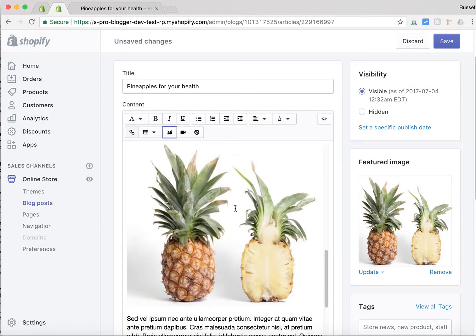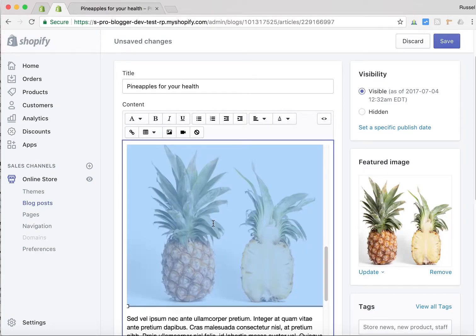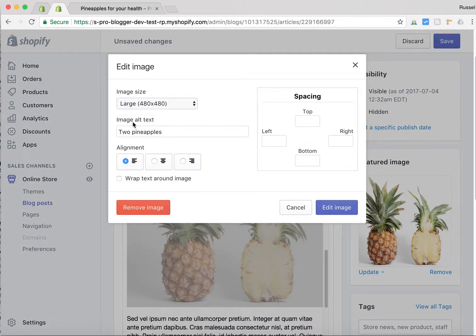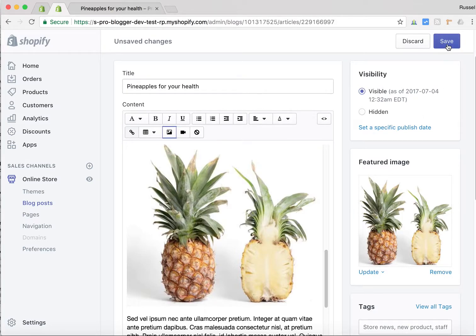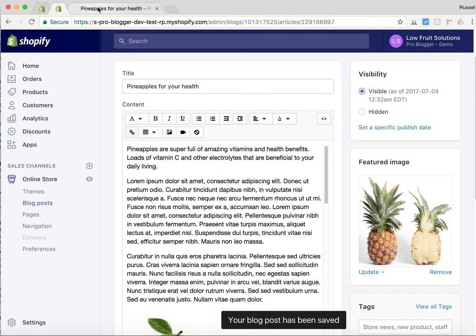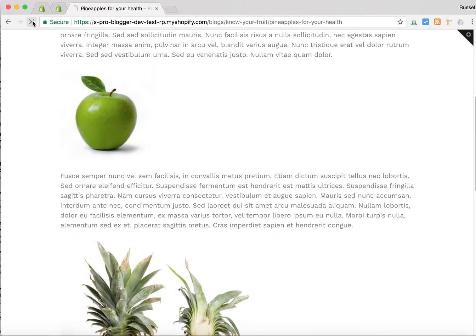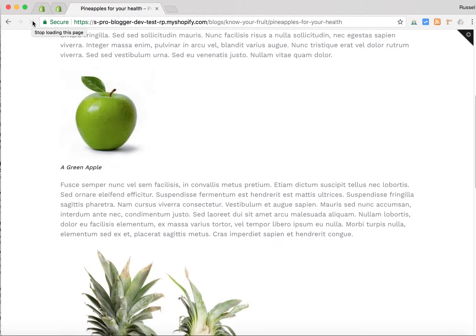Let's just do it for this other one here, these two pineapples. Select the image, click edit image, and you'll see in the image alt text, there's already some text there. We're just going to add the IC colon, edit image, and then make sure you save the changes to your blog. Right, so that should be done. Now we'll just go back to the blog just to see what changes have been made. I'm just going to refresh that. And there we go. You can see here is a very defined and obvious image caption